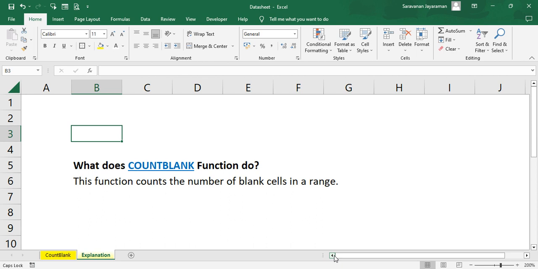In this video, we will learn the function COUNTBLANK. This function is very simple and it counts the number of blank cells in a range. Okay, let's see